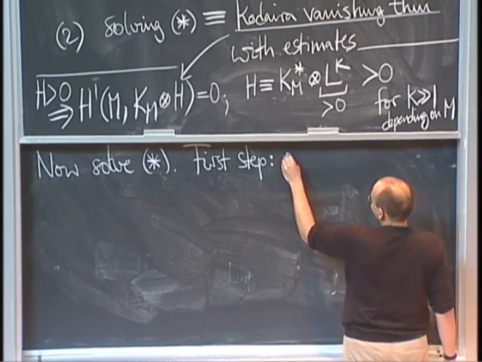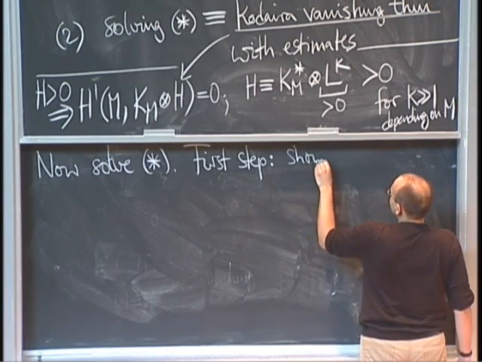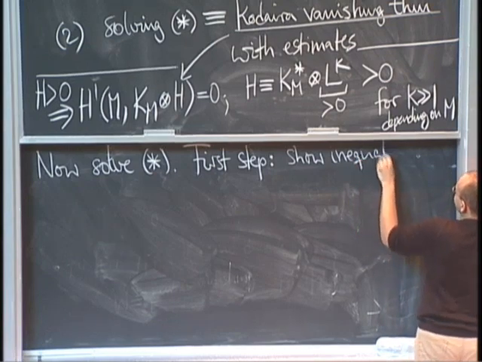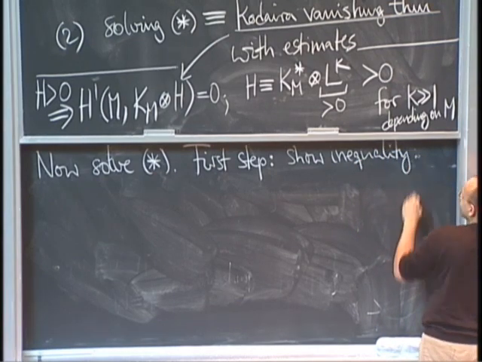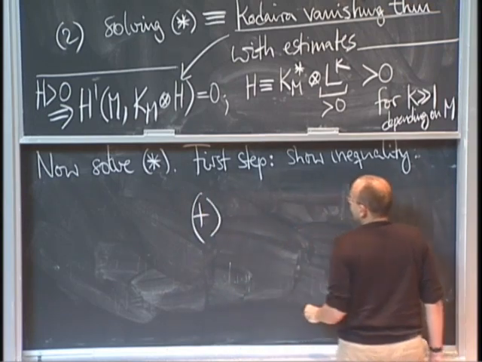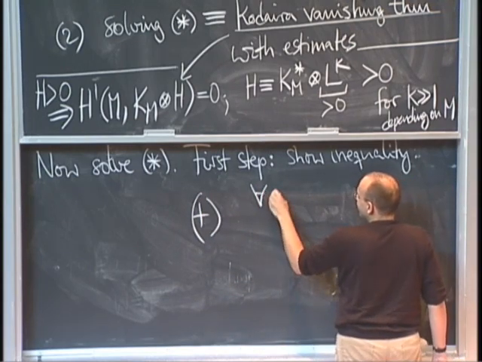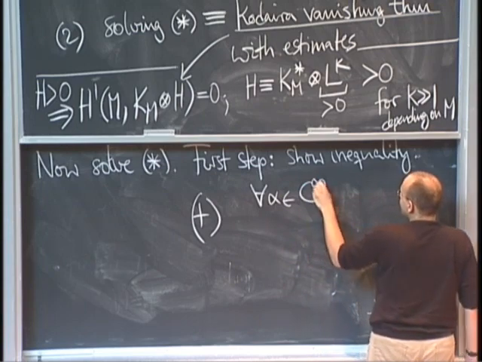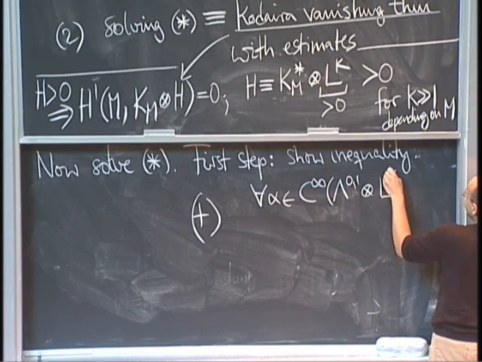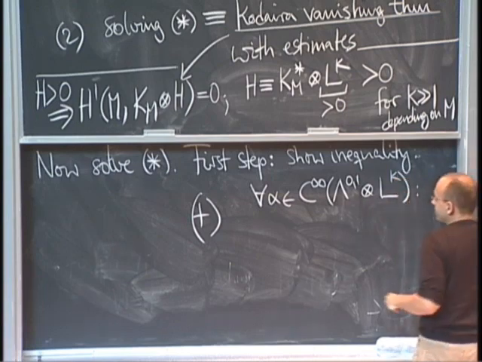So the first step is to show an inequality. That's going to be the statement that for all 0, 1 forms with coefficients in L to the k, it's going to be true that